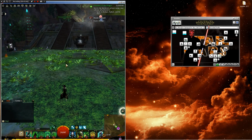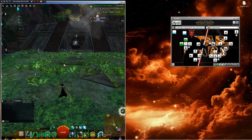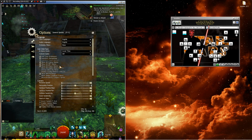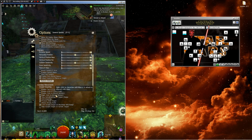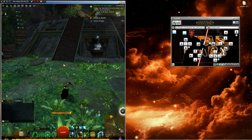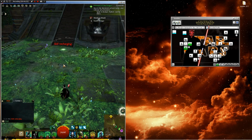Now, as long as you have it set, I believe it's in the settings here, when you cast, it's going to cast at your fast with range indicator. That means wherever you have your mouse, you're going to cast at that exact location. I think it's normal by default, but you want fast with range indicator. That's what you need for it. Because wherever I have that mouse, it's going to